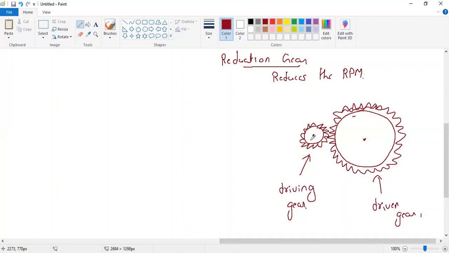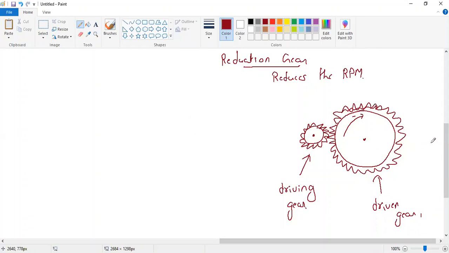So when this completes one rotation, look at the tip, it will complete only a quarter rotation, or you can say one-third rotation, right? Correct. So when the driving gear rotates 3 times, I'm just giving an example, then this driven gear rotates 1 time. Such types of gears are called reduction gears. Understood? A gear in which the driving gear is smaller and the driven gear is larger, so that I get a ratio. When this completes 3 rotations, this completes 1. So 3:1 rotation. Such a gear mechanism is called the reduction gear.